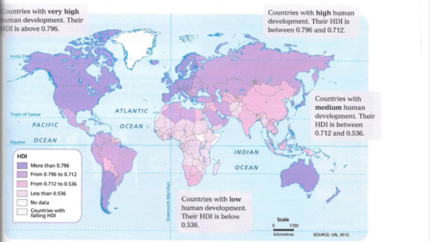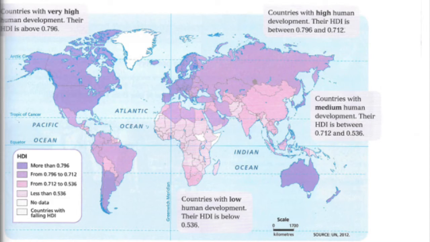Okay, now if you would please turn the page to 95 and bring your attention to the top of the page, we have this beautifully colored map of the Human Development Index of the world. Countries with very high human development, their HDI is above 0.796. Countries with high human development, their HDI is between 0.796 and